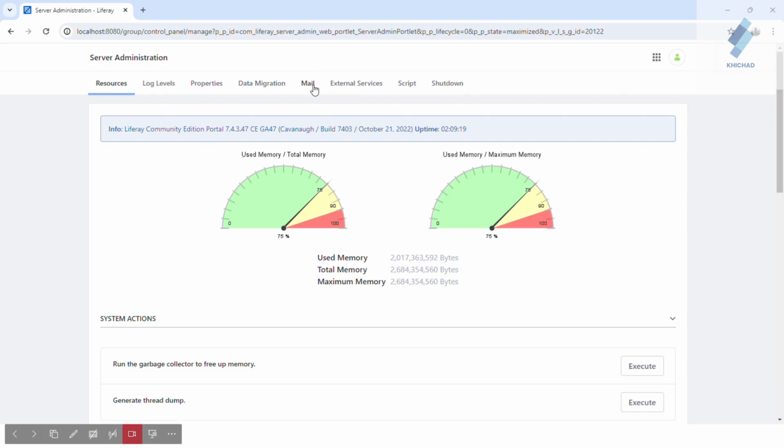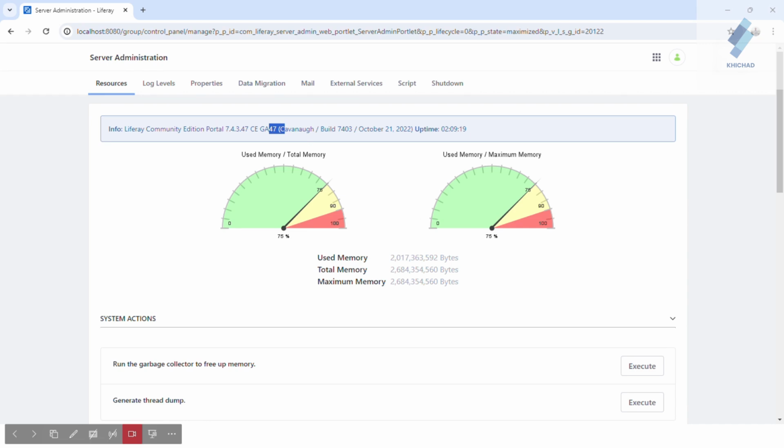Check your Liferay server version. My Liferay is running on version 7.4 GA47. Now let's move on to the next step.